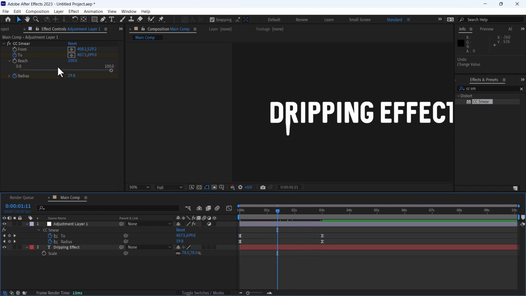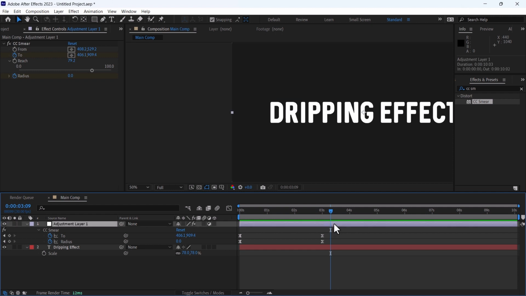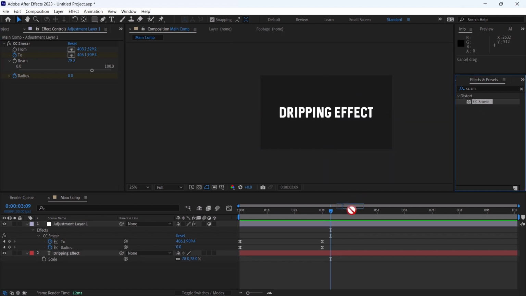There is also the Reach. Let's say the dripping effect will stop at this point. If you reduce the reach, you can see it's slightly going up. In this way, if you want to add more dripping effects, click on this dripping effect, click on add, or again CC Smear